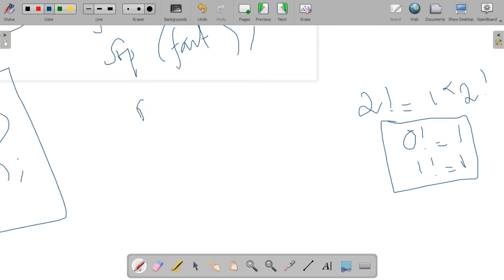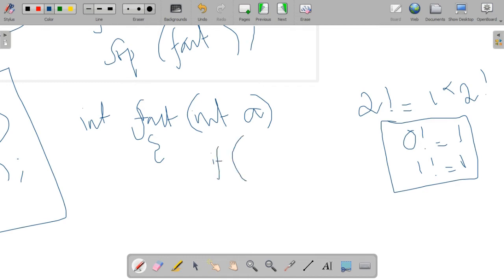Just write the method fact of, where we need to pass the value whose factorial we need to find, which I am giving as int a. And you know factorial belongs to which return type, because each time the value returned is 2, 3 like that. So we write an integer return: int fact of int a, open the braces, then we check the condition. What is the base case? 0 factorial equal to 1 and 1 factorial equal to 1. Both are equal to 1.